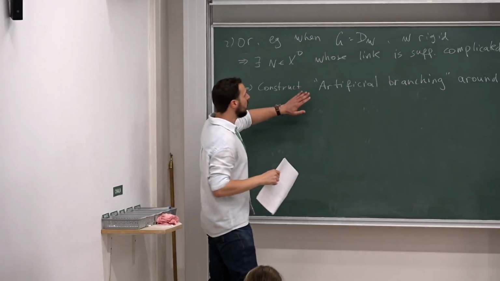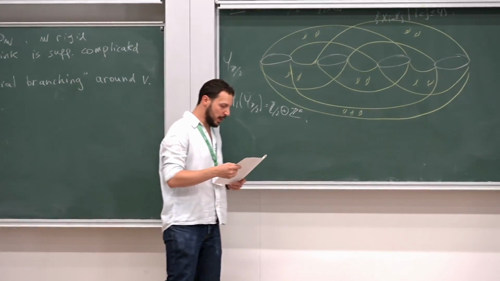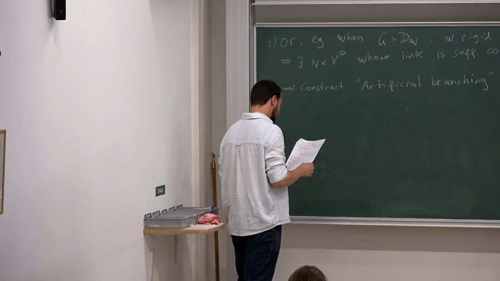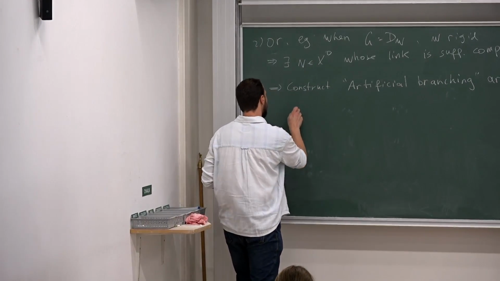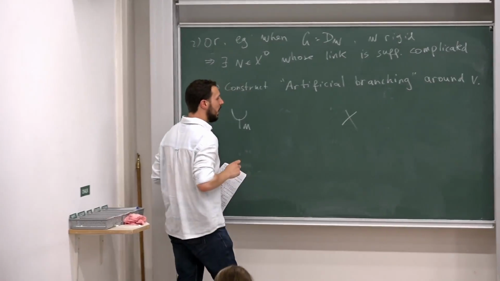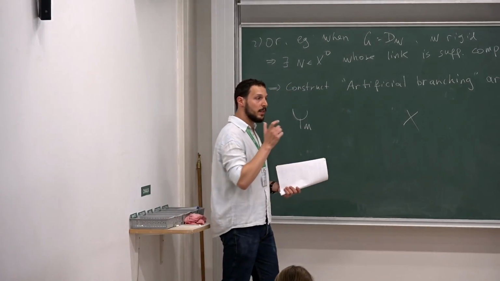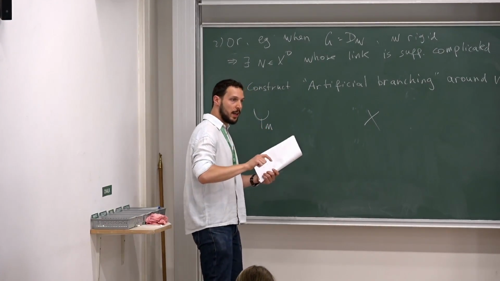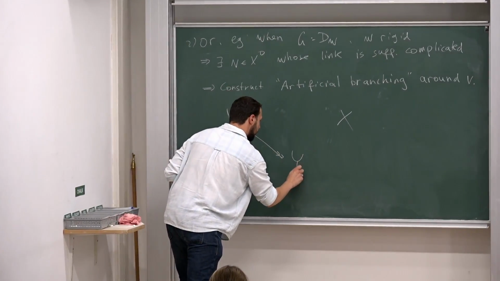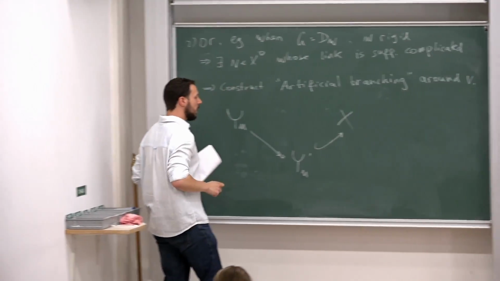But constructing this artificial branching is not enough. It doesn't allow us to immerse Ym into X, and we do need to work a bit harder. So what we get in this case is the following. We have Ym, and we have X, and instead of immersing Ym into X, we need to do something that is a bit like folding a graph and only then immersing it. So we get here a quotient map into a different 2 complex that immerses into X.